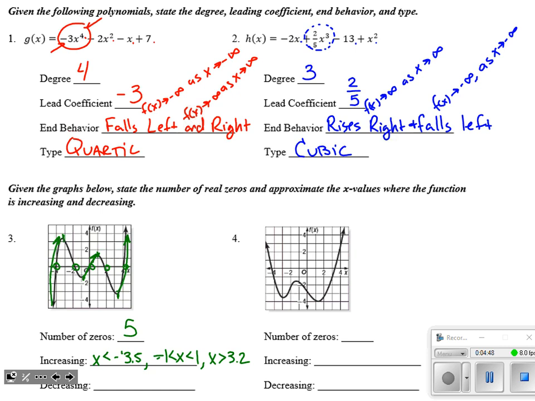Now, this is not something that is heavily stressed on this test. So if we are still kind of grappling with increasing and decreasing, we're going to do more work with that once we get to the second half of chapter 4. Okay, lastly, where's it decreasing? I'll choose a different color for this. That's where the graph is losing height, where if a car is traveling left to right across that graph, where's it going downhill? Here it's when x is between negative 3.5 and negative 1, and then also when x is between 1 and positive 3.2. Again, we're just estimating there. Can't say for certain.